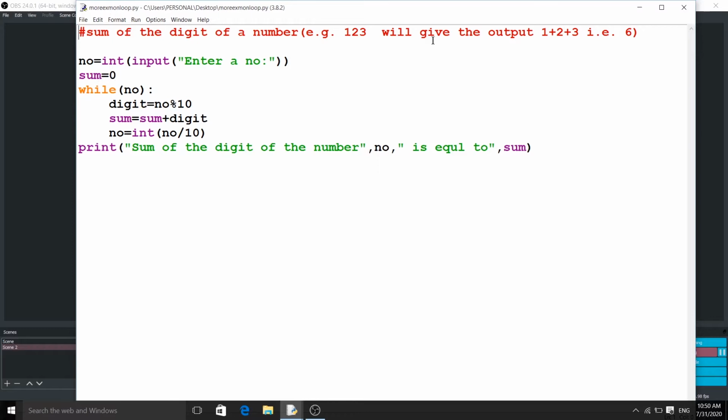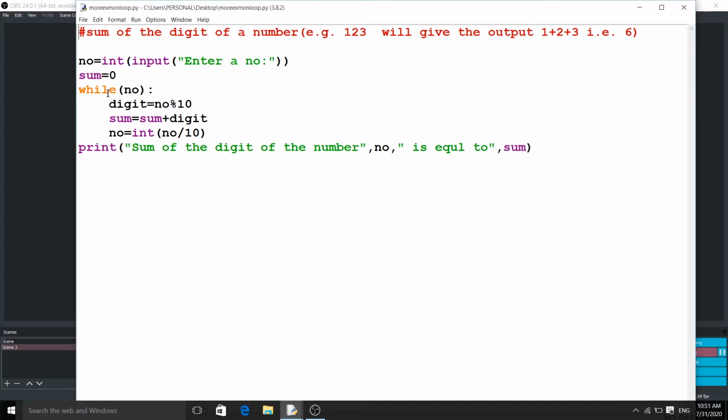In the example here, we take 123 as the input, and the output will be 1 plus 2 plus 3, which should give the value 6. It may be any number, not necessarily only 123, but it should be an integer.